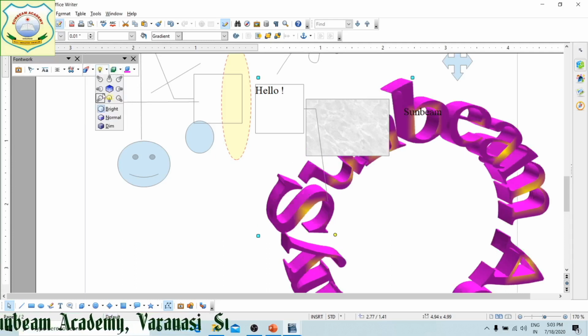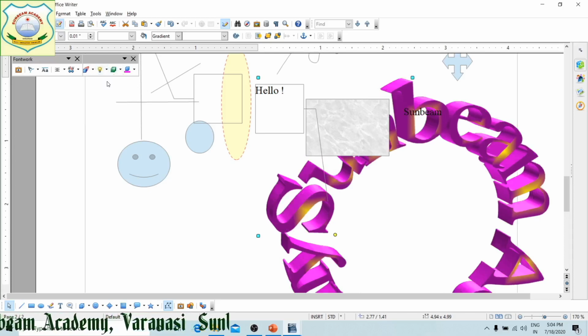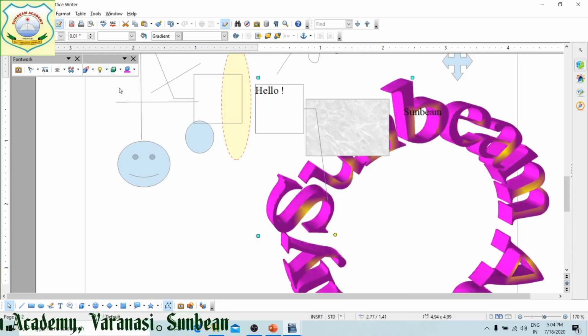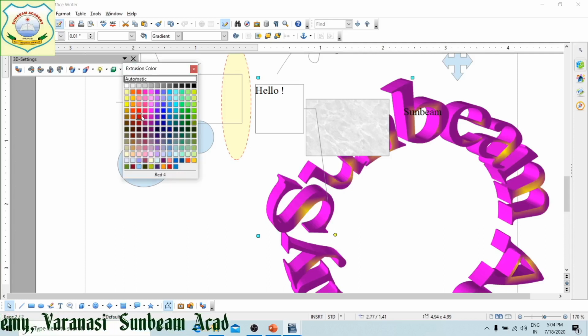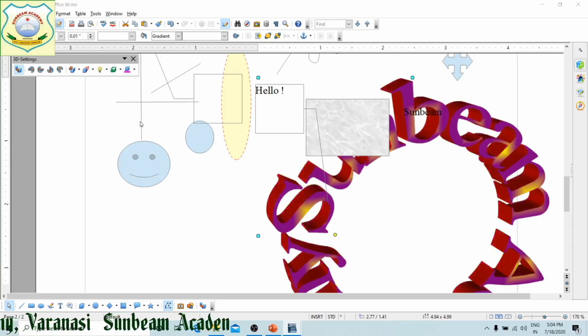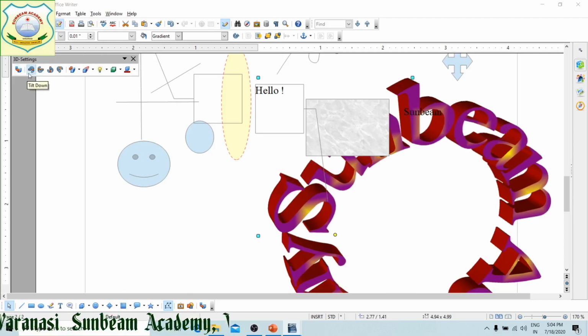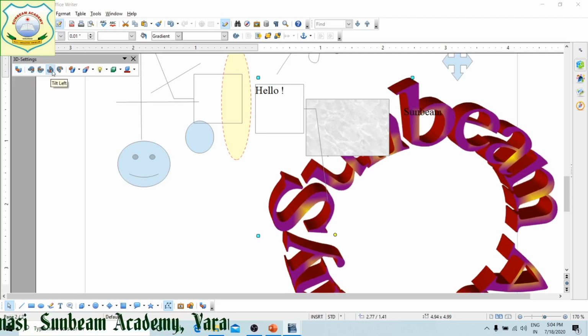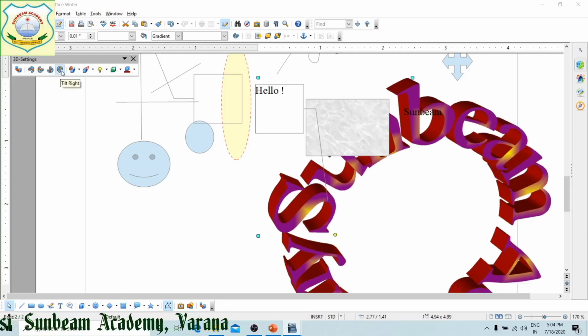Its lighting effect, from upside you want, upside lighting will be there. From anywhere you can change the lighting style. Then this is your matte, plastic, whatever finish you need. This is to change the color of base, right? Now 3D setting, in which style you need, that can be given. These all cannot be seen in 3D type in your printout, students, right? This is your word art.